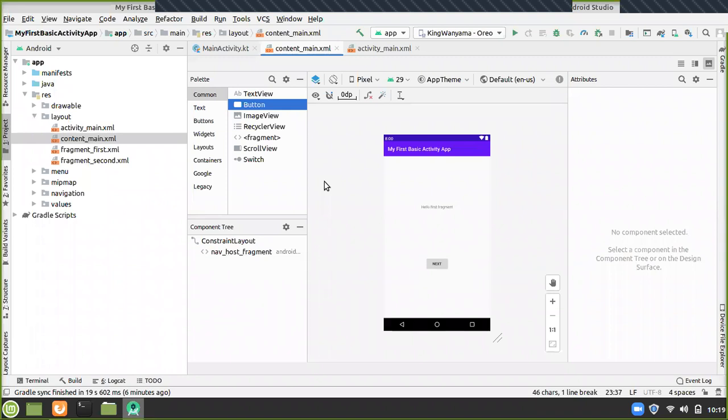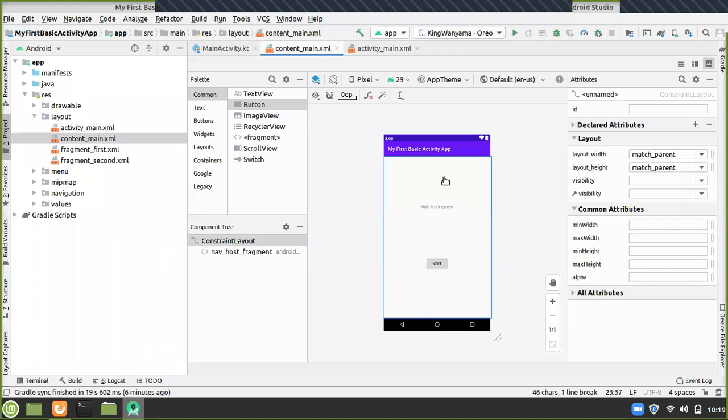Now, ladies and gentlemen, when we are going to be working with this content main, I want us to start by understanding this toolbar right up here, guys. This is like a toolbar, or the action bar, right up here. When we run this mobile application, you will see some options right here, which someone can click and choose an option. So right now the menu items that are going to appear right up here